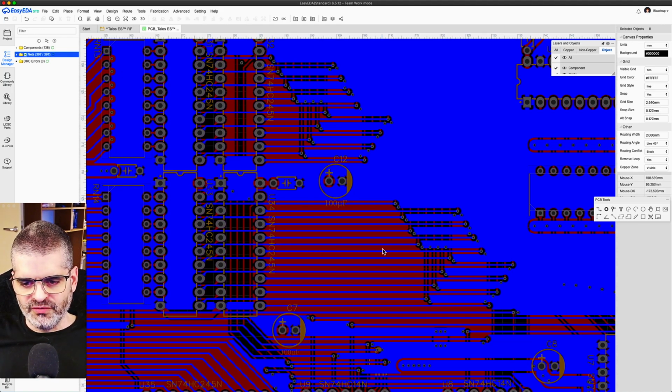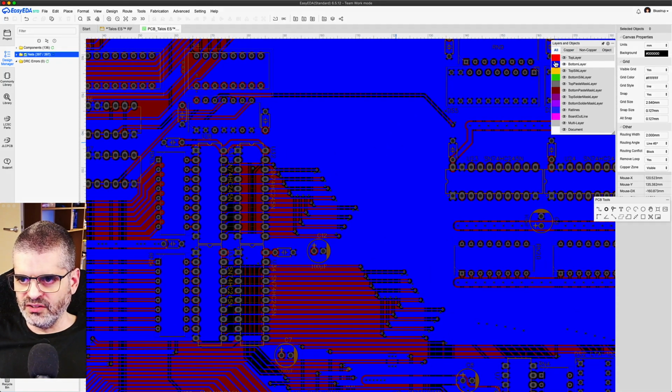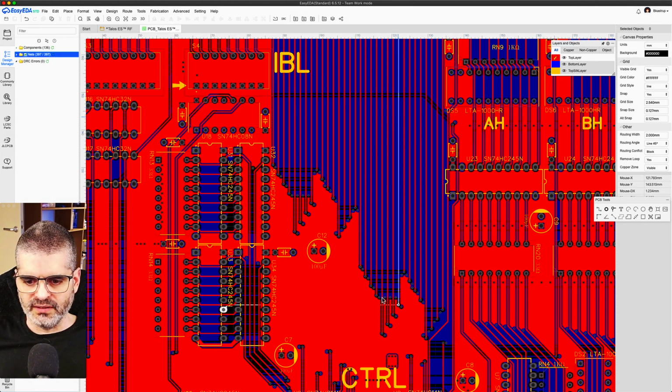So I prevented the copper fill from getting in there, both by playing with the margins and sometimes by using strategically positioned vias of a different net to prevent the copper fill from getting in there. Let me show you some example of that. On the top, it's easier. So if you look at the top layer,